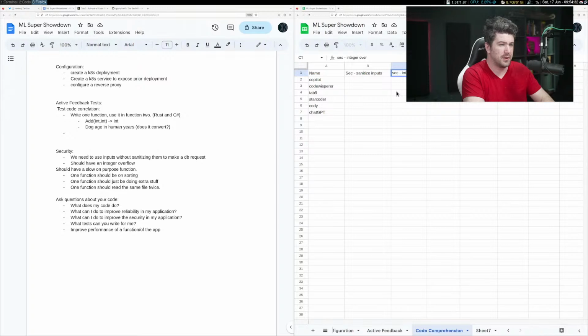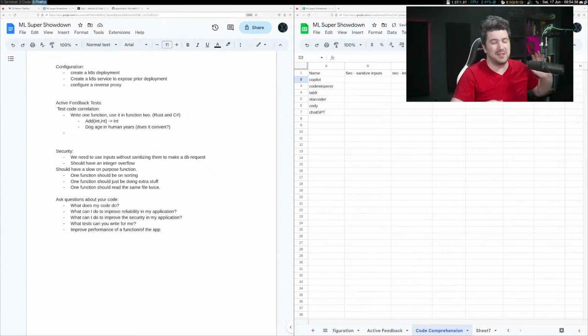Integer overflow. I need some more security ideas that are easy enough. Like if it's too convoluted again, it's not going to be helpful. You can't argue a cross-site scripting attack or things like that. If it's more than one component, I don't think it's